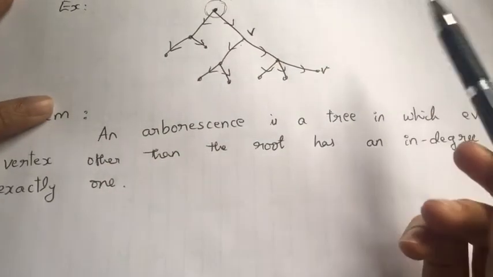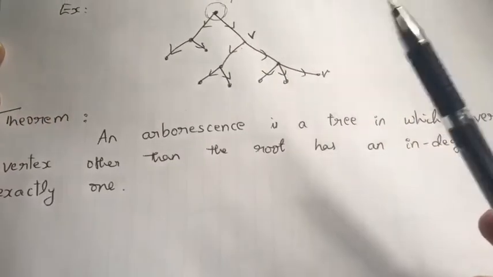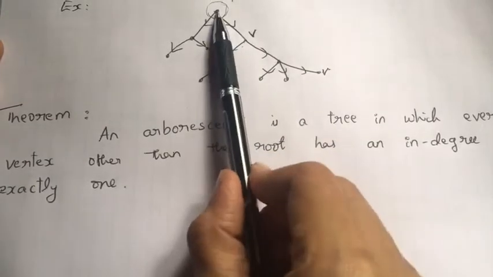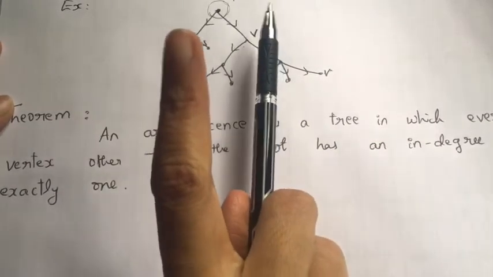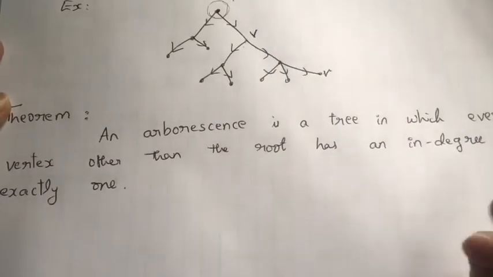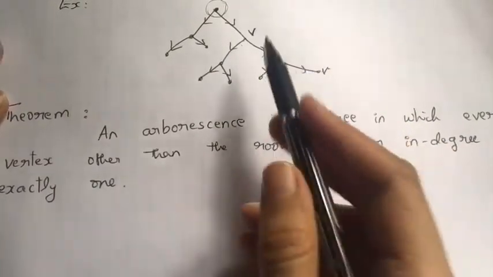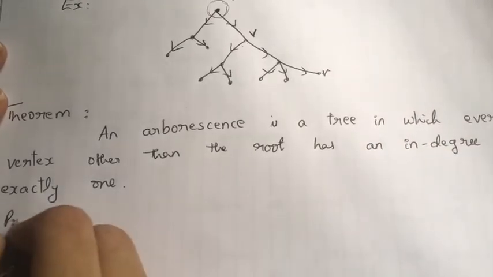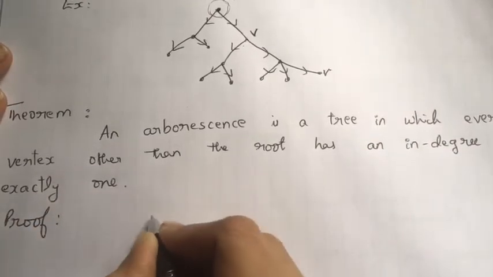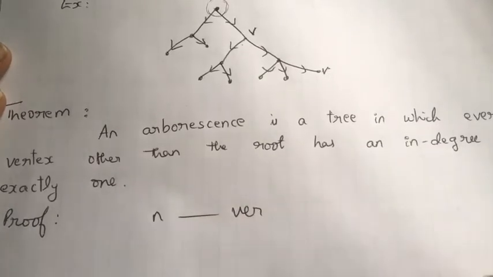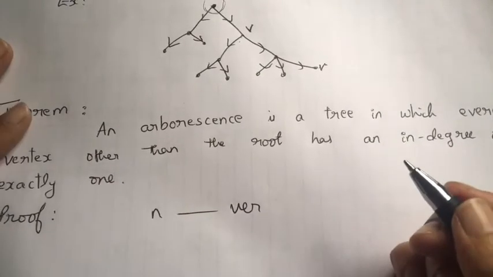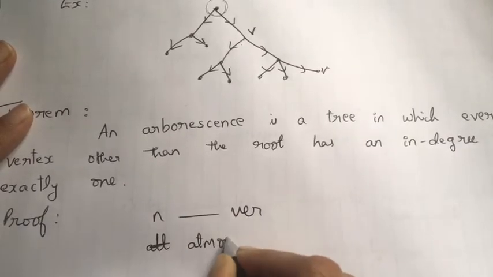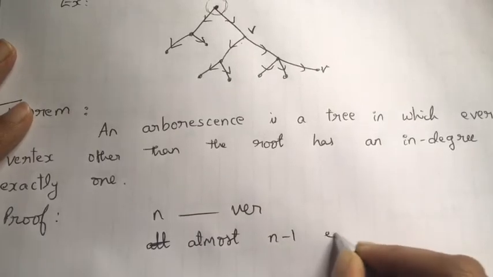But the thing is, an arborescence is a tree where every vertex other than the root has in degree equal to 1. So when I say the arborescence has n vertices, then it can have at most n minus 1 edges,